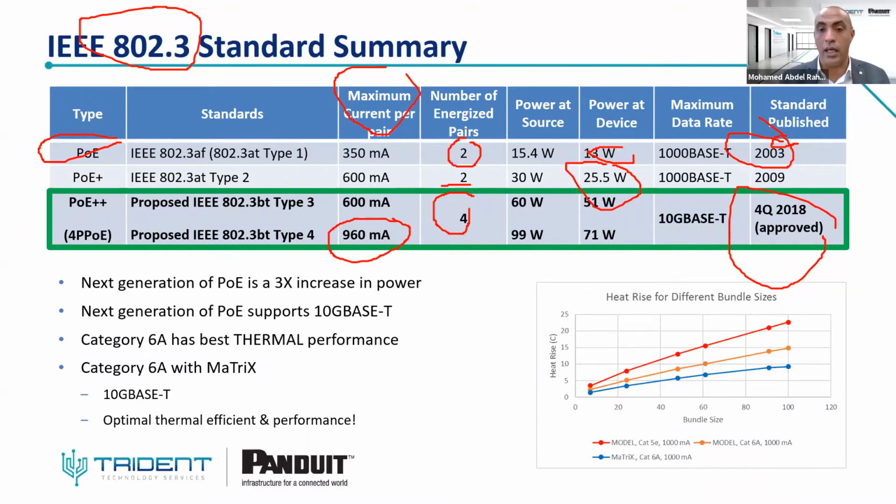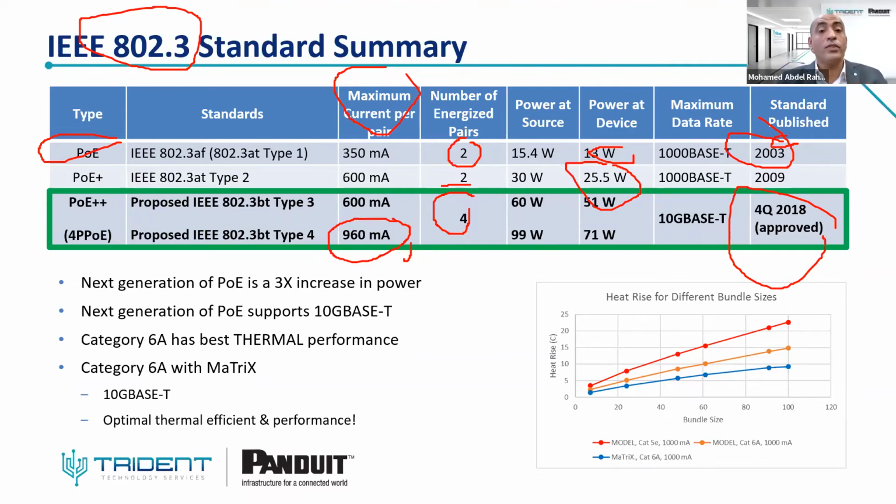So one of the main impacts, as we said, for this higher power or higher current, is the heat generated. The heat is generated when the cable is bundled together. So you need to understand and make considerations when you are making the bundling for the cable, and you transmit around 1 ampere in each pair. So you have around 0.5 ampere in each conductor.